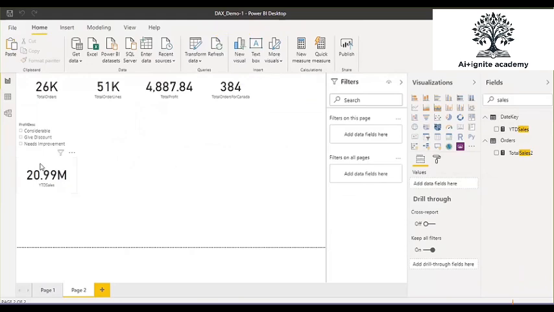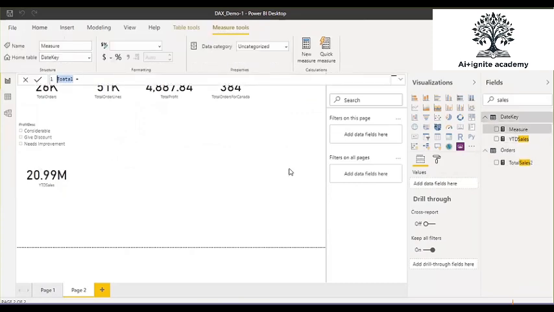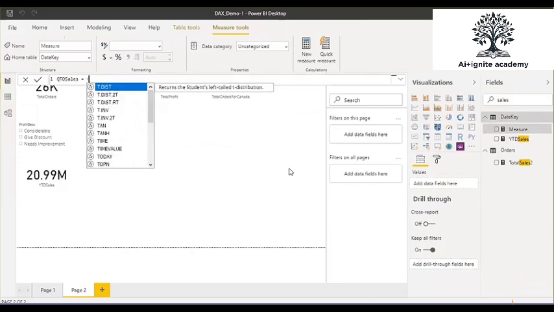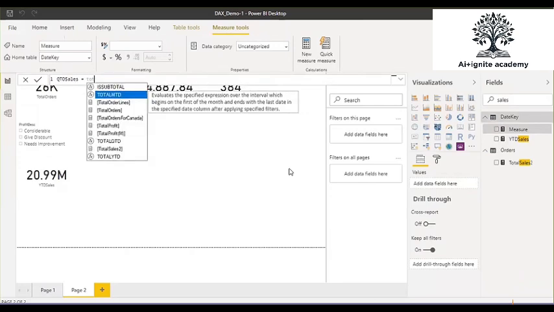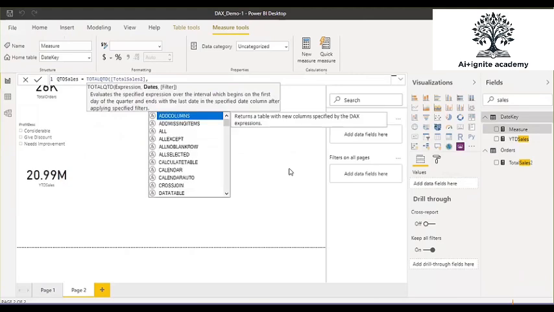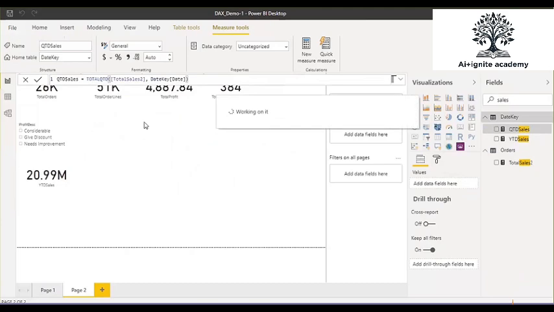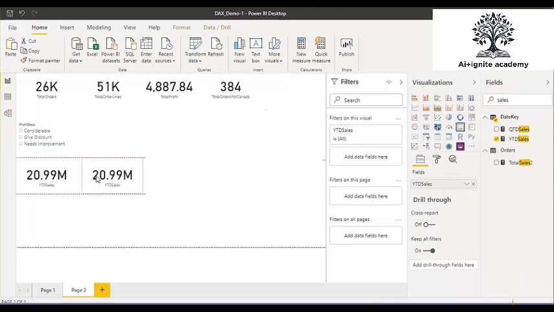In the same way, you can create total YTD, total MTD, total QTD as well. New measure, let's say QTD sales. Here use the total QTD function, and provide the same thing, your sales measure, the value which you want to evaluate for any specific quarter, for quarter wise, year wise, or month wise. Then here you define the date key table. Same way, you can just replace this total QTD by the total MTD function. That's it. So this is your QTD sales.